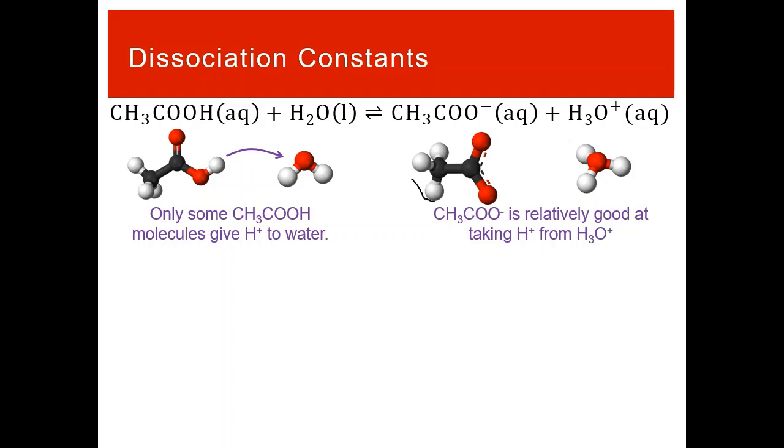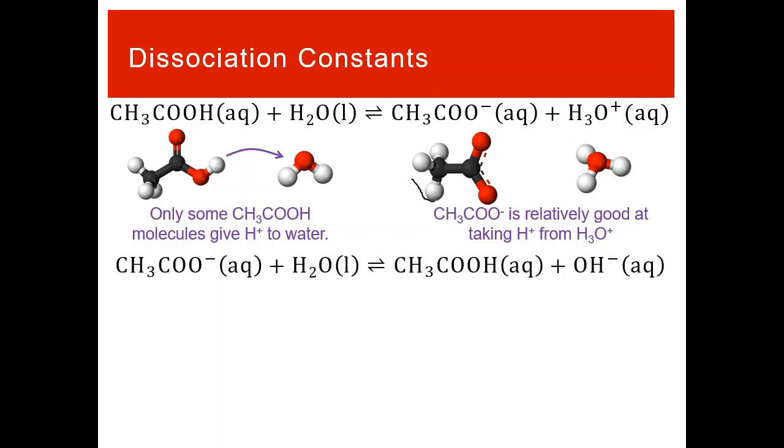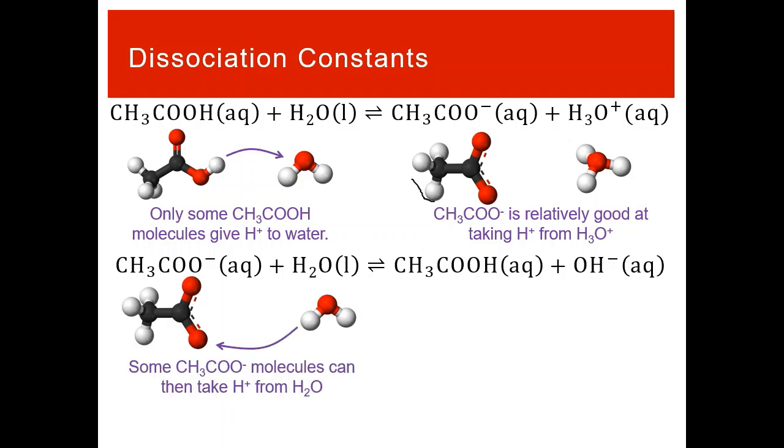So that's one of the reasons why we would have a reactant-favored equilibrium, is because those product molecules react really fast, right? We can get this kinetic description that reverse reaction happens really quickly because acetate is pretty decent at taking an H+ off of hydronium, which is a pretty good acid as far as acids go. So if we take that acetate and put it with water, this would be the conjugate base now, it's gonna be decent at doing that. Right? It was really good at taking it off hydronium. It's harder to take a hydrogen off of here because it has less, it's neutral. But it can do a decent job of it, leaving you with acetic acid, making that acid,